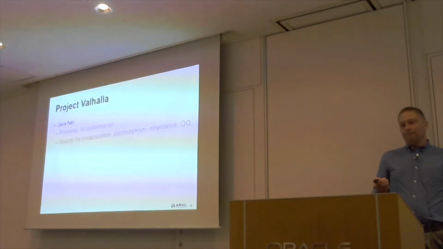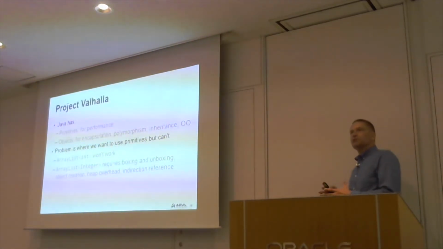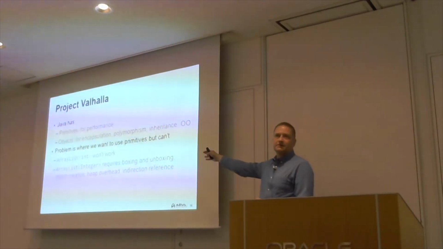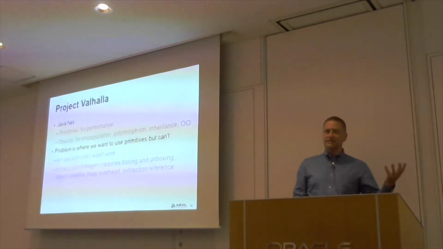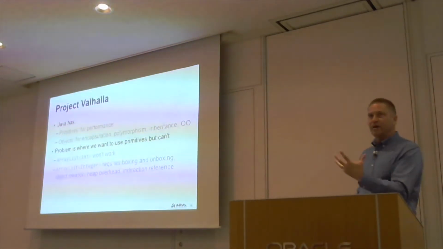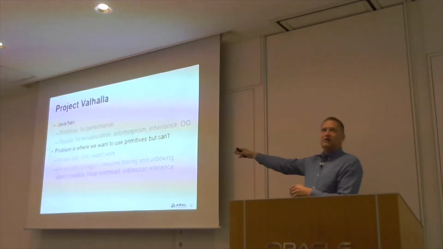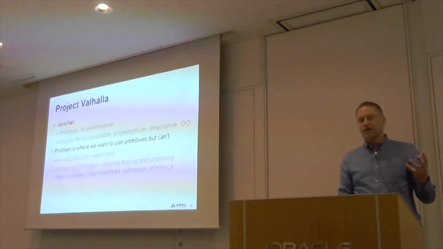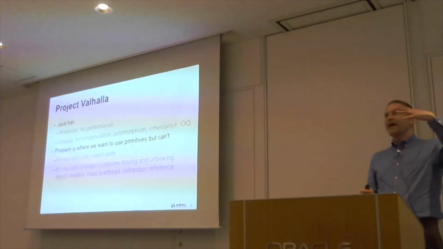We end up with a problem because we might want to use a primitive in a certain situation where we can't. So we can't do an array list of type int, because int's a primitive, it needs to be a type, and a primitive isn't a type. So we can't do array list of int. What we can do is an array list of the wrapper class Integer, but that's very inefficient, because if we want to put ints into our array list, we have to box them.